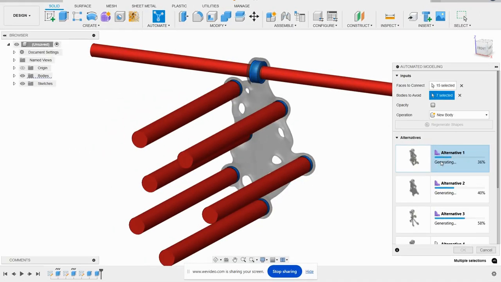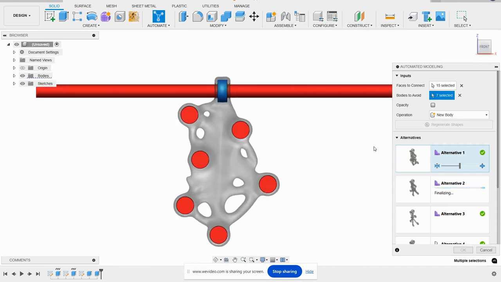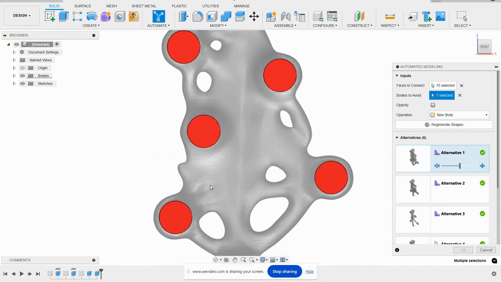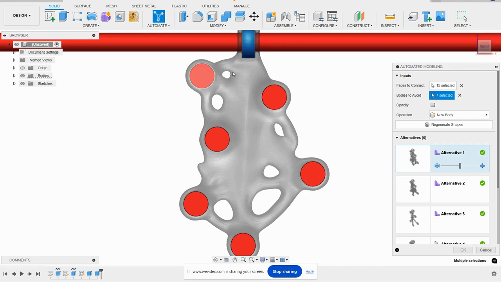All right, so this has gone less than a minute, and we can see that it's getting really close to finalizing what our alternatives are. And we can see here in alternative 1, if I look at this from the front view, we can see how it is creating all the places where those burst stones are going to go. It's also going to be creating all this structure. Once again, this is AI. All right, and we can see that this is really giving us an organic look to our actual